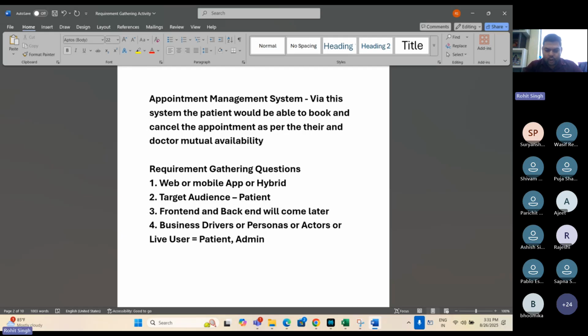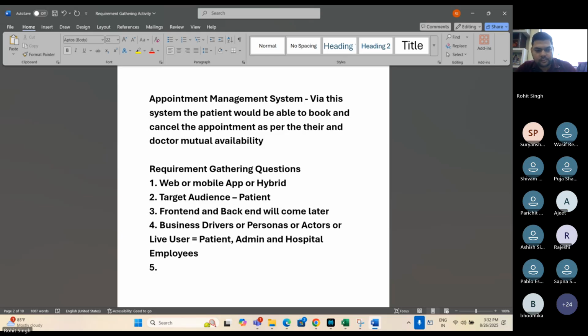So can we not put them all under one umbrella, which is hospital employees? Yes, hospital employees, which includes everyone, doctors. Okay, everyone would come under the hospital employees umbrella, right? Because the major interaction is going to happen between patient and hospital. Of course, there is always an admin who will keep the database. Okay. What else?